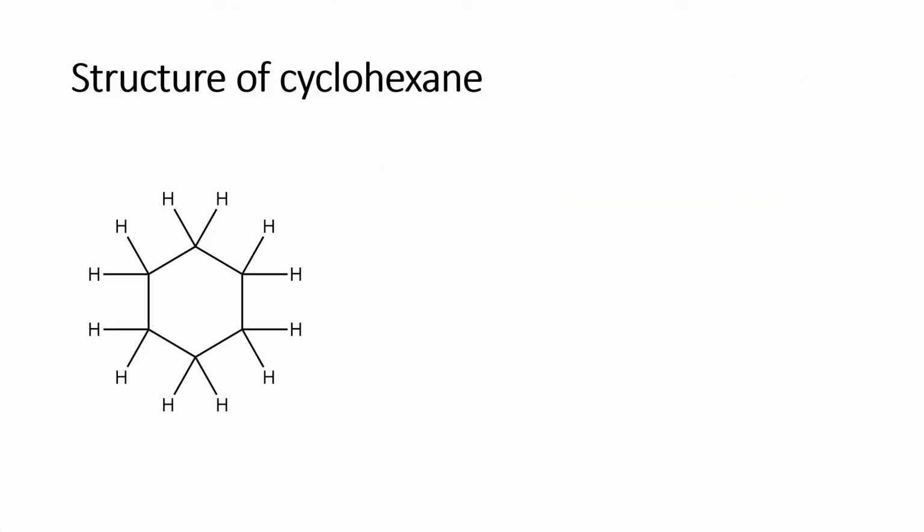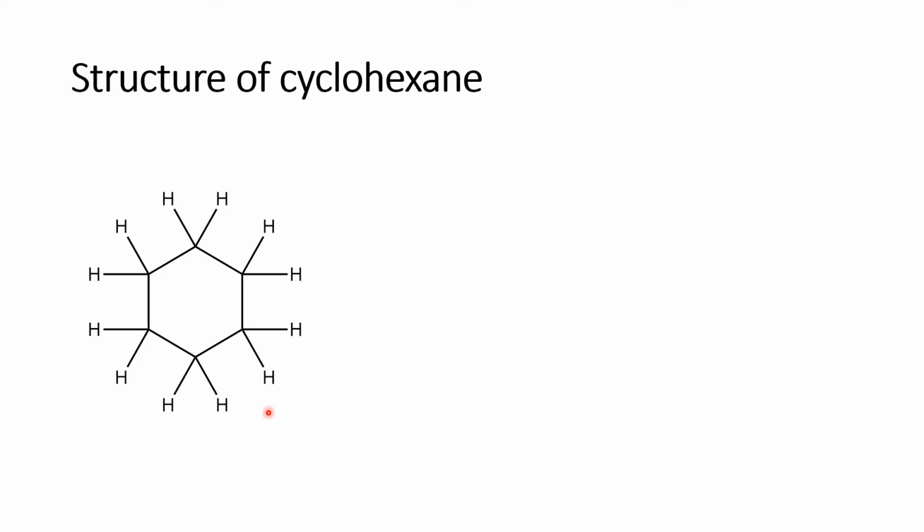So a cyclohexane structure, when it is present on a plane, that is a planar structure of cyclohexane, looks like this, where each and every carbon has 2 hydrogens and a total number of 12 hydrogens are present on the cyclohexane ring. Even though it has the least angle strain, that is ring strain, it doesn't adopt the planar structure of a cyclohexane,